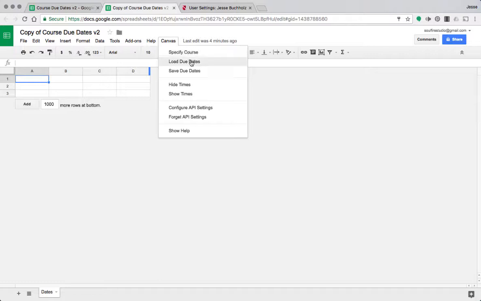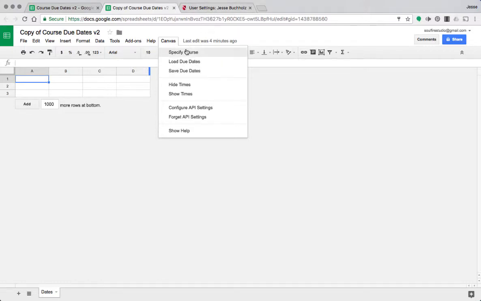If you were already in a particular course, and on Canvas's end you had made some changes since you uploaded or updated some things and you wanted to load what was most current, you would click this load button. And then save is a way that, once we're done, we're going to save our information in the spreadsheet